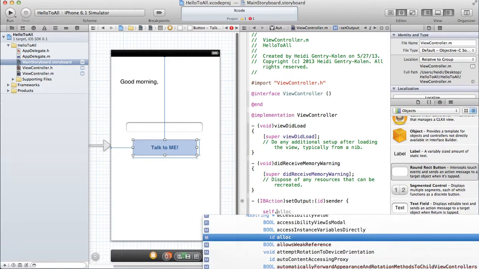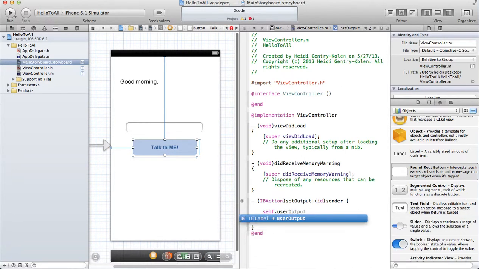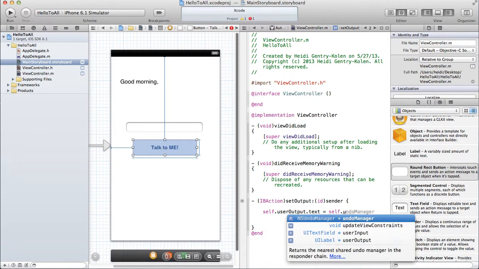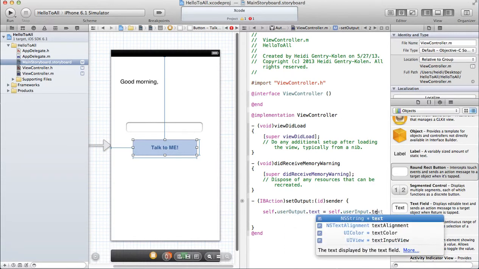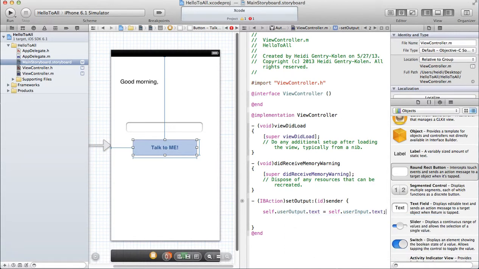So I'm going to set self user output text equal to... all right. So now what I just did is set it to where whatever the user enters in the input box is going to populate the field for the user input text.